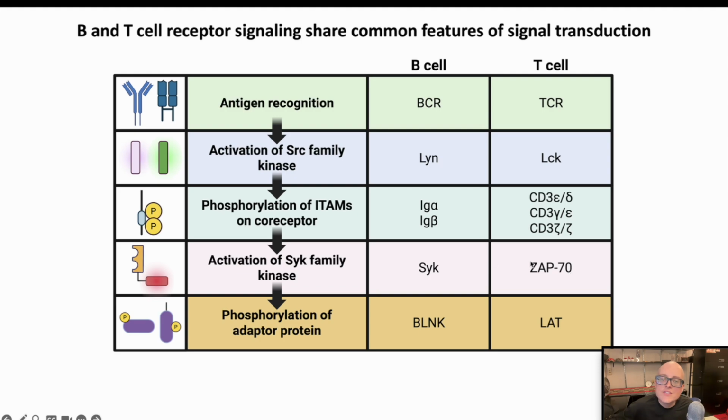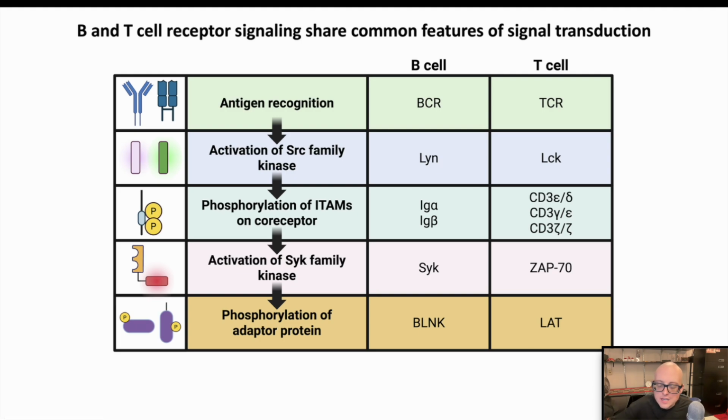And the activation of either of these Syk family kinases is going to result in the phosphorylation of many downstream targets, but probably the most important of all is the phosphorylation of key adapter proteins within these cells. In B cells, that's going to be BLNK, B cell linker protein. In T cells, it's going to be LAT, linker for activation of T cells. And these adapter proteins are then going to facilitate the recruitment of many other signaling molecules downstream that facilitate the